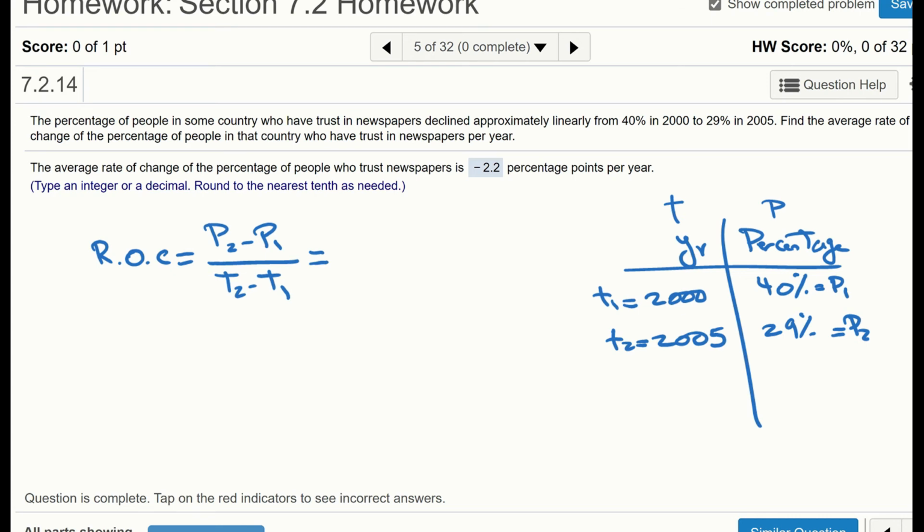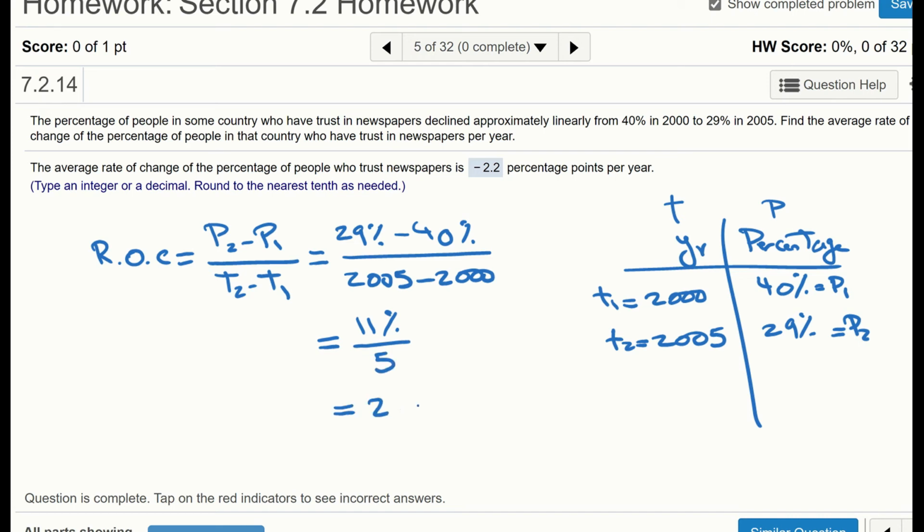So we're going to have 29% minus 40% divided by 2005 minus 2000. So then we go ahead and take care of that. So we get 11% over 5, which is basically